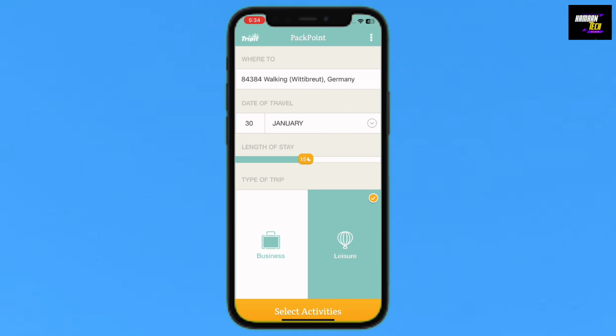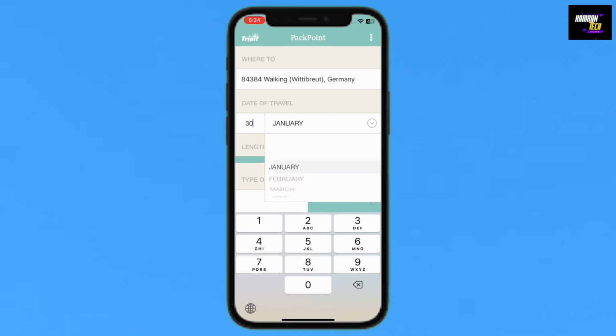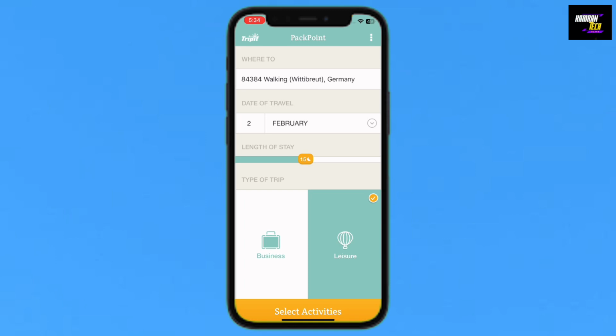So for example, I will select my location, walking, and you will select the date of travel, like 30, or you can add it from your calendar. I will just select February 2. Then the length of stay, like 15 nights or 5 nights. I will select the length of stay of 5 nights, and then the type of trip, like business or